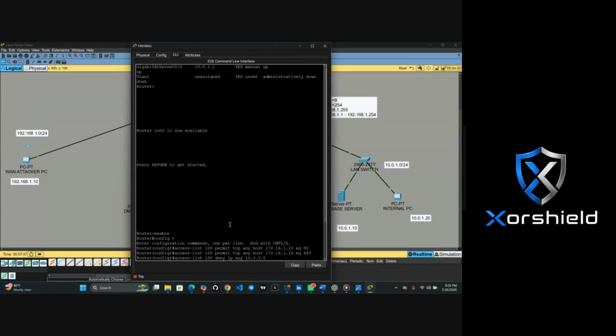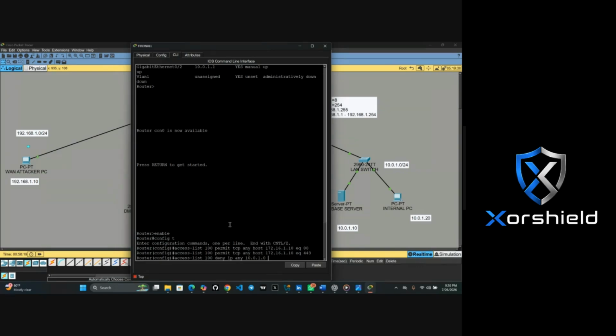Like I mentioned earlier, for this 10.0.1.0 network, the usable range of addresses is from 10.0.1.1 to 10.0.1.254. That means if I put only 10.0.1.10 here, it is only this one that the attacker will not have access to.